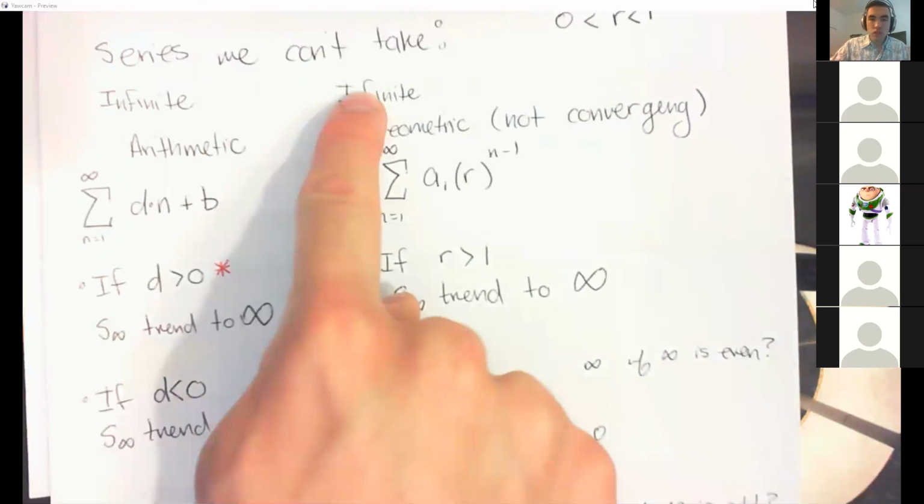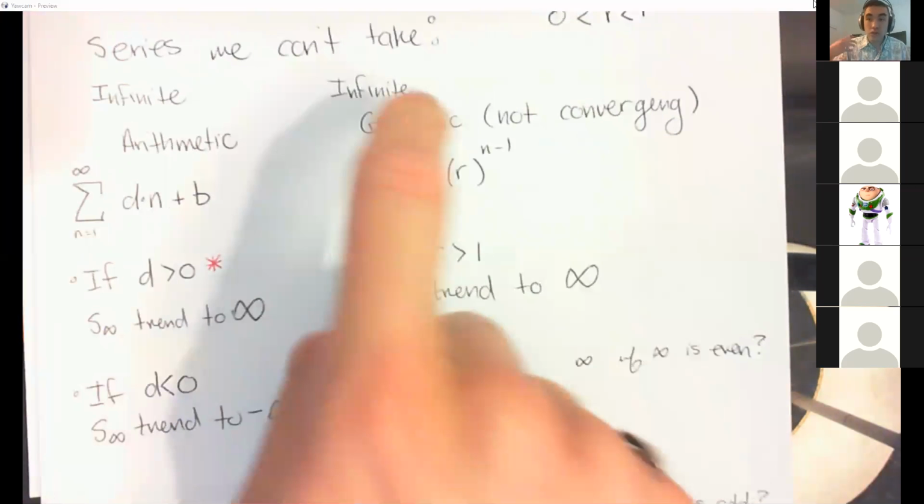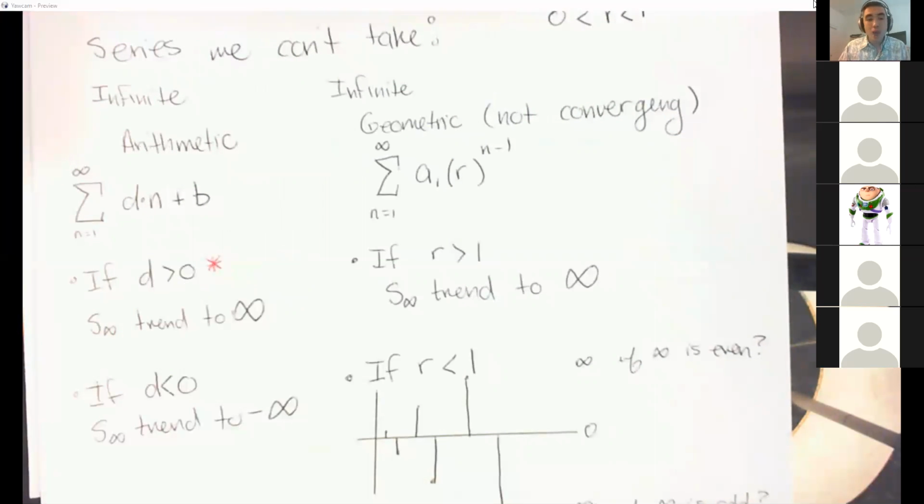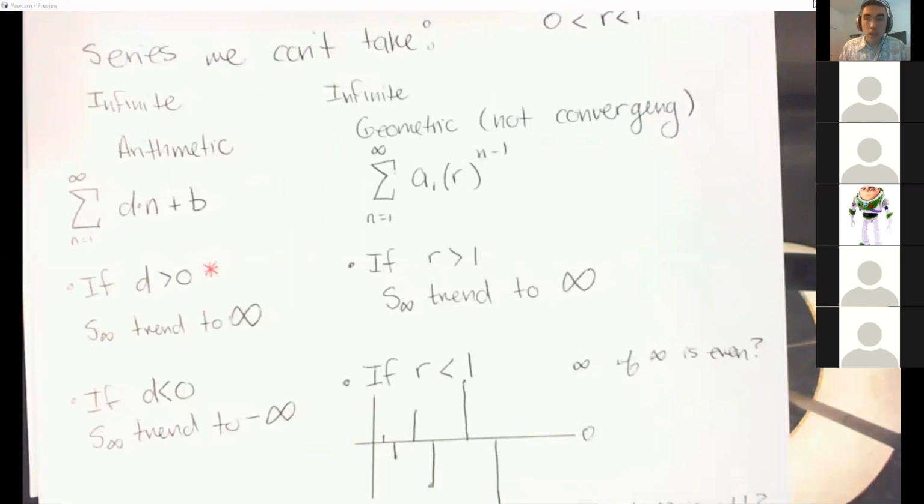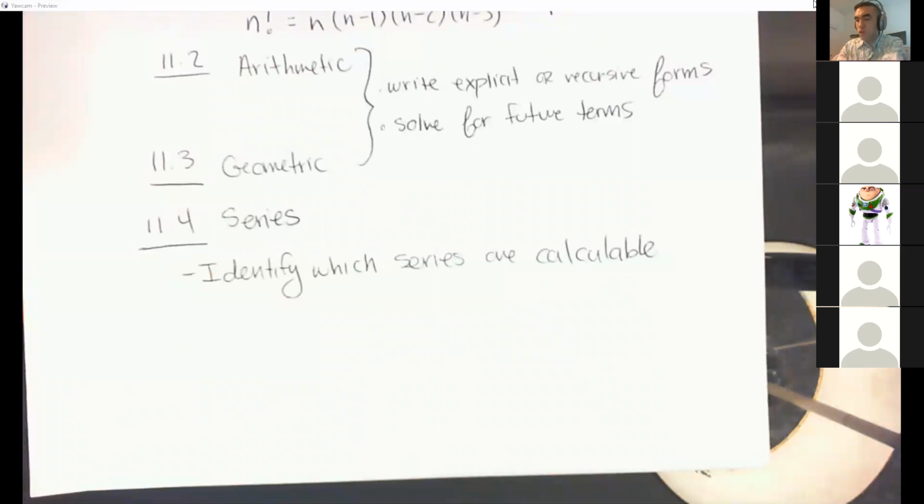Infinite geometric series cannot be done if R is outside of a specific set of boundaries. However, I'm not going to ask for these details. I won't ask you why not. I will simply pose a few questions which are impossible, and you need to identify them as such. You'd say, oh, this doesn't meet the conditions for us to actually take a series. And then for the ones which work,